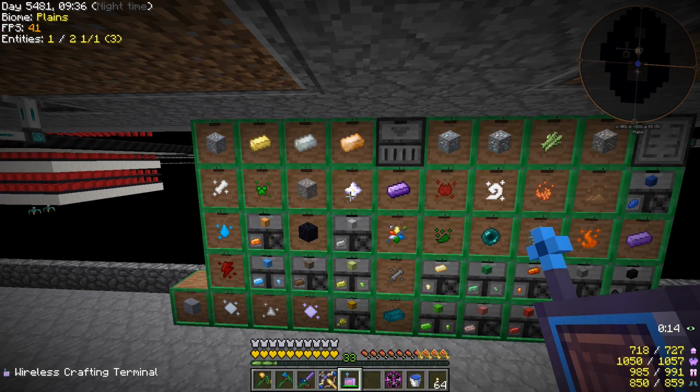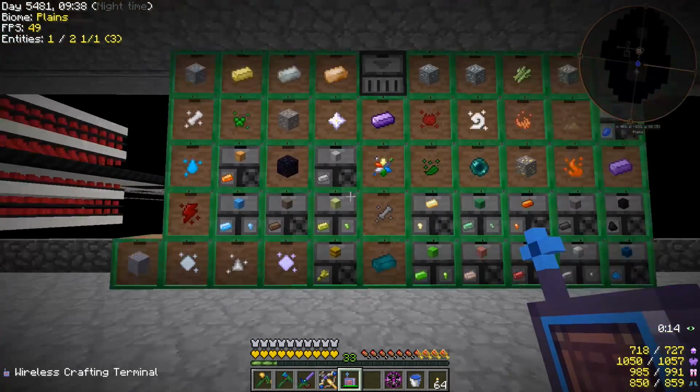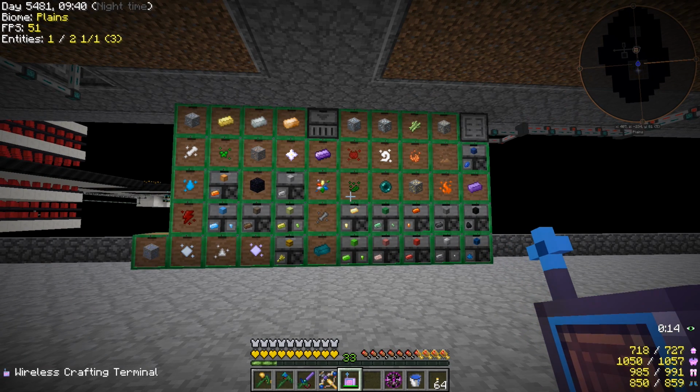that's definitely a thing. You know what, it'd probably be a good idea, in fact, to swap out all of these storage drawers and swap them all into deep storage units so we never run out of stuff. Those nether stars,